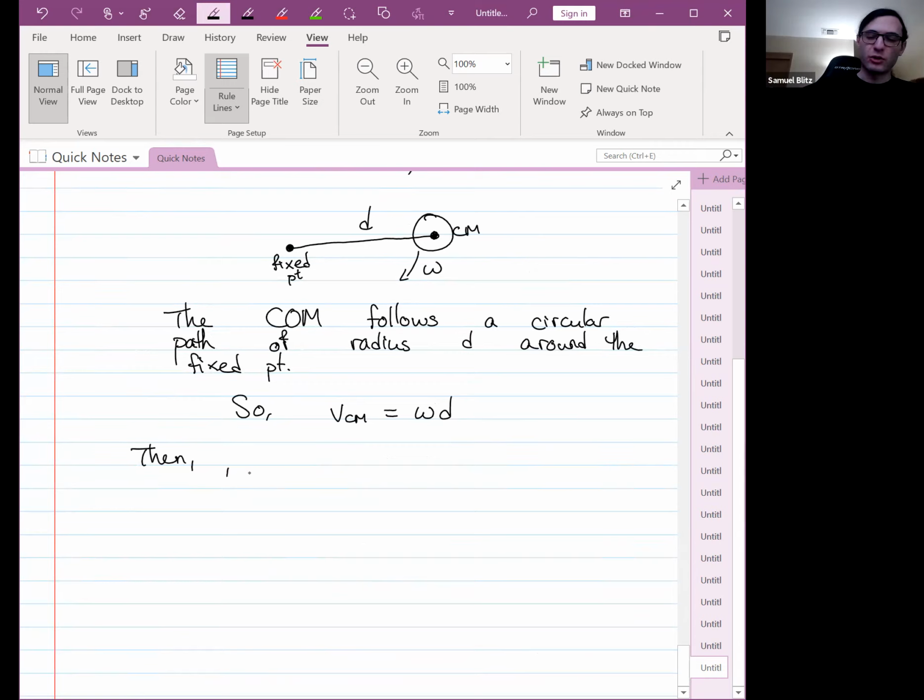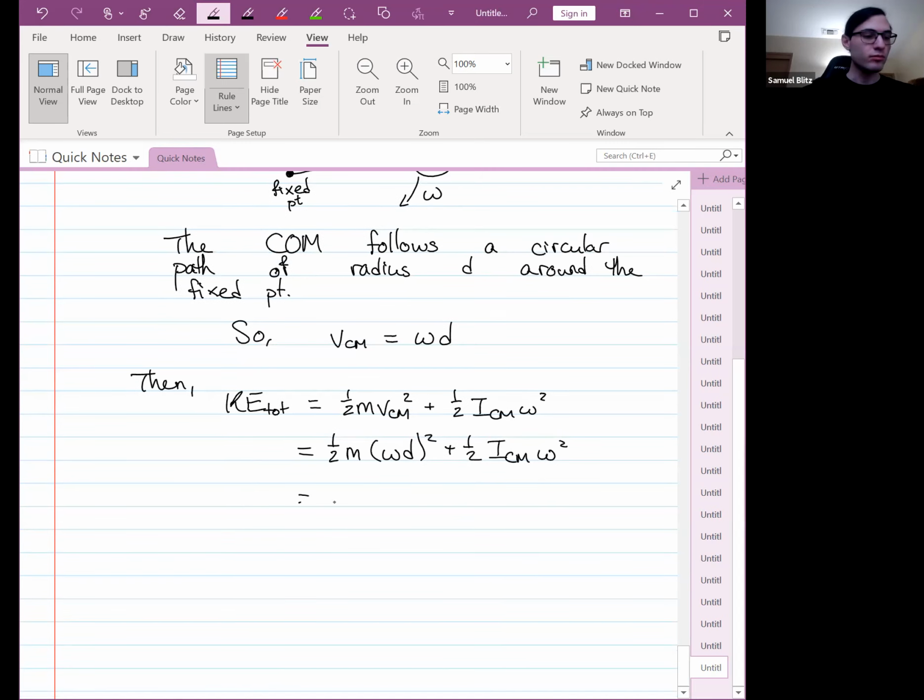The total kinetic energy, writing in terms of the translational and the rotational kinetic energy, would be 1/2 m v_cm squared plus 1/2 I_cm omega squared, right? That's just a standard formula for splitting it up into translational and rotational kinetic energy. We know what v_cm is. v_cm is omega times d, plus 1/2 I_cm omega squared. And so then we can just factor. We get 1/2 times (m d squared plus I_cm)